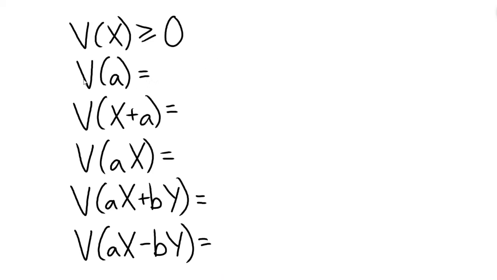And then let's look at the variance of a constant. Okay, we have a constant. How much do we expect that to vary? Well, we don't. The constant will always be the constant. So the variation of a constant will be 0. And then let's have the variance of x plus a constant. Well, we will have the variance of x, because the constant contributes 0, so we will just have the variance of x.